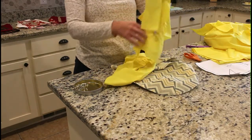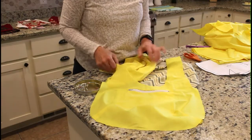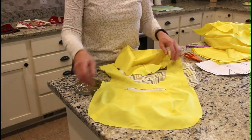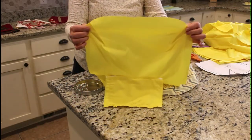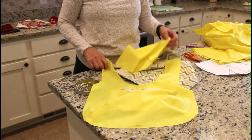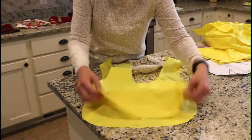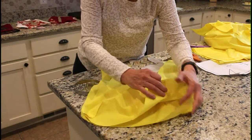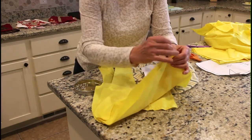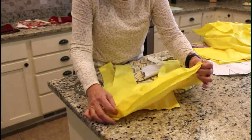These pieces all done, they're ready to be assembled. So there's one, the one with the zipper, and as you notice I have pressed the darts toward the bottom of the bag. So I'm going to put the right sides together. These are pressed also. And I'm going to put a pin on each dart to hold them down, hold them where they're pointing to the bottom. Just match the edges all the way around,